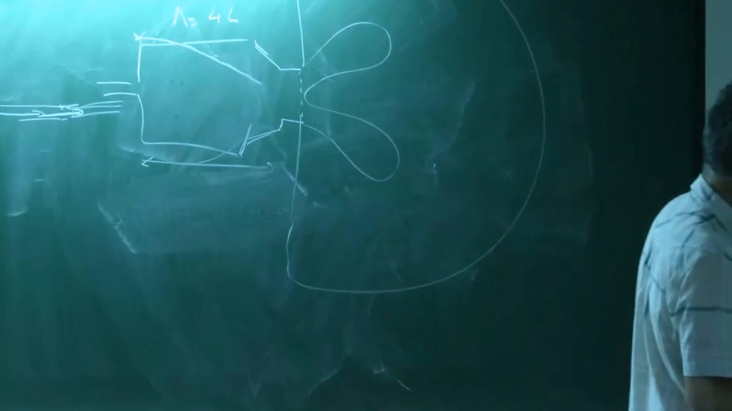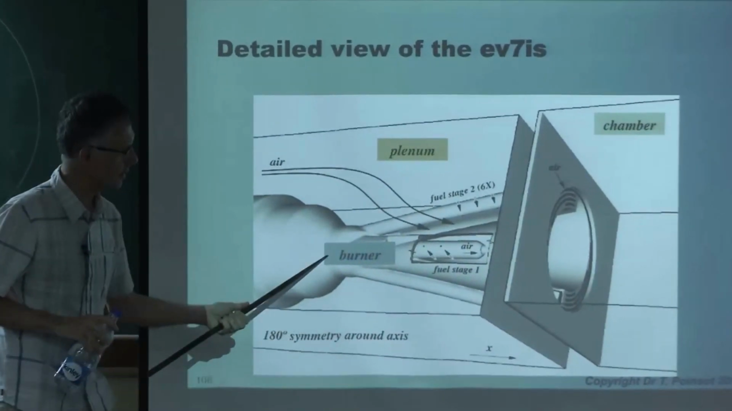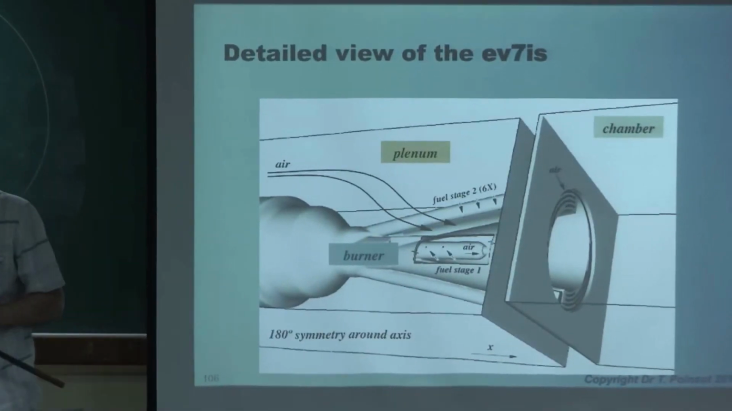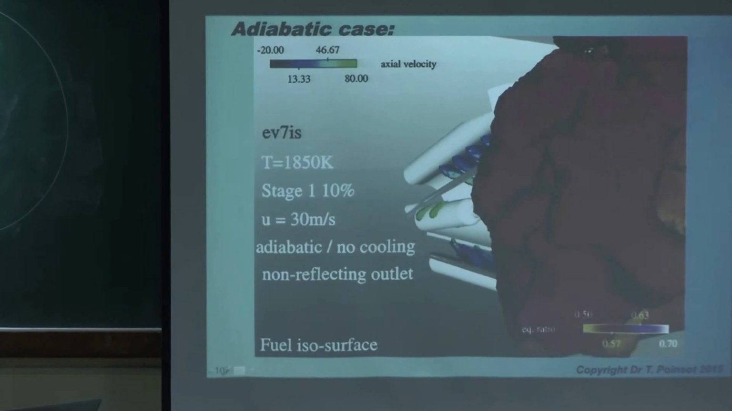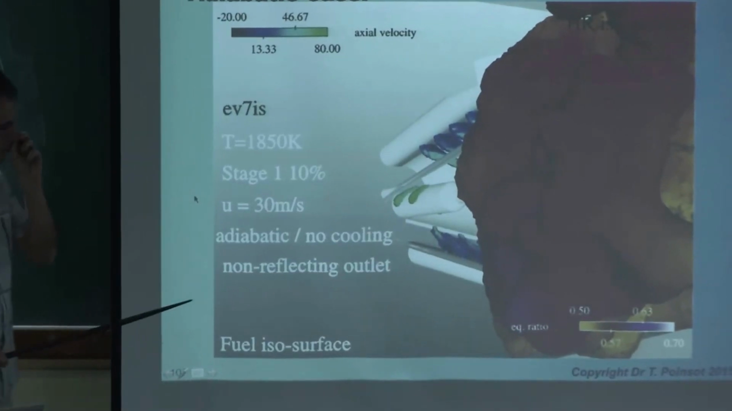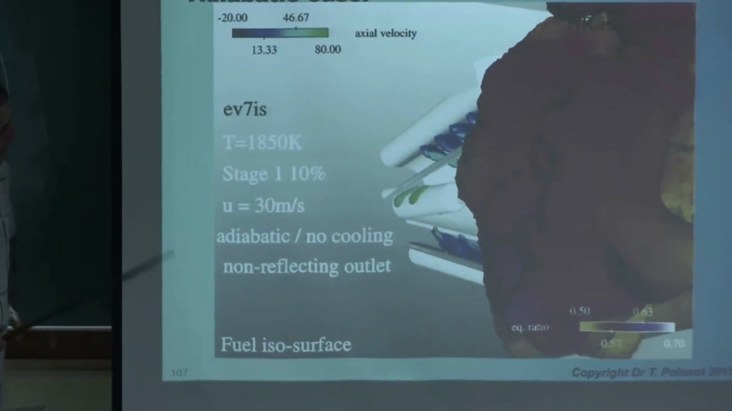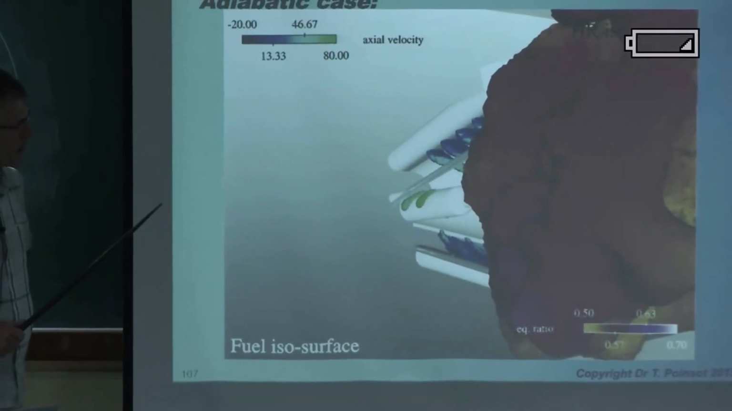When you inject methane here, you do it by multiple holes, and you inject it here too. So first, I want to show you what's happening when you do the case without any losses. So there is no radiation, and there is no cooling of the walls. When you do that, the first thing which happens is that the flame gets stabilized, but it's stabilized at the